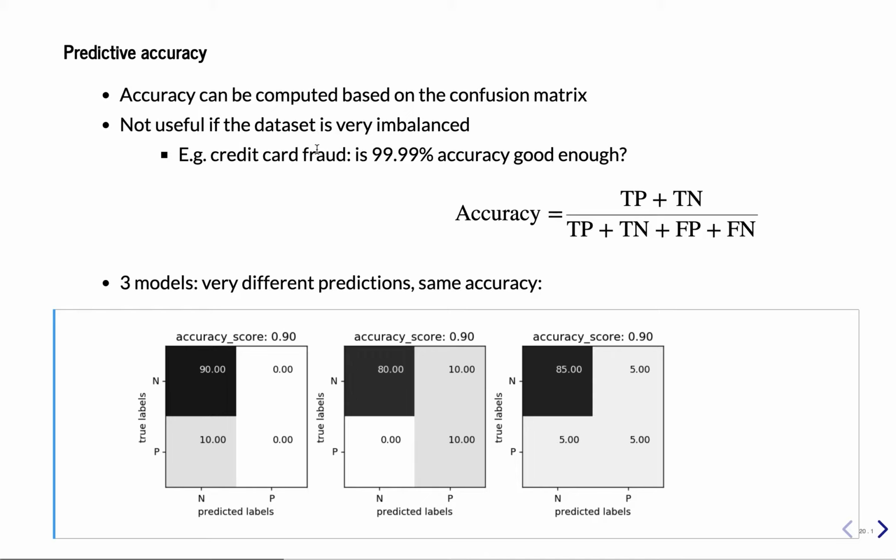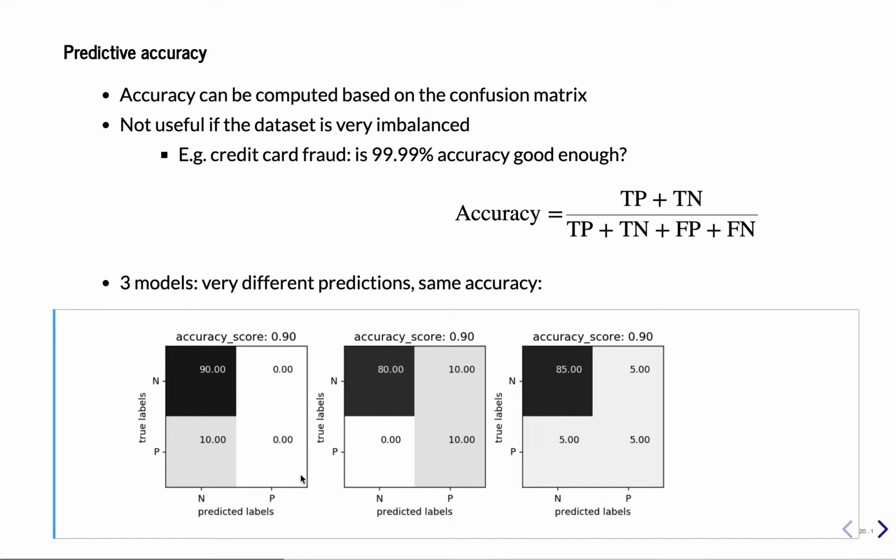If there are only a few cases of fraud, say only 0.001% of transactions are fraudulent, you may not be detecting them. You may just always predict negative and simply not detect any fraud cases, which means your model is basically useless. So just having a high accuracy doesn't mean much, especially if you have a high imbalance in your data. To make this a bit more clear, here you have 3 cases,